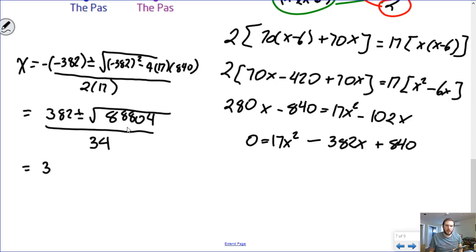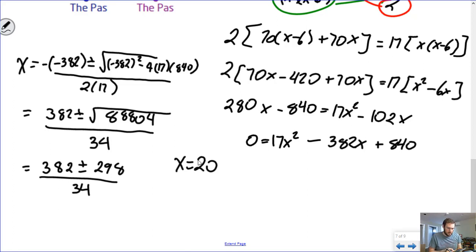Which, if I take the square root of 88,804, I get 298 over 34. Okay, so then what that means is 382 plus 298 divided by 34 gives me x equals 20. And 382 minus 298 divided by 34 is x equals